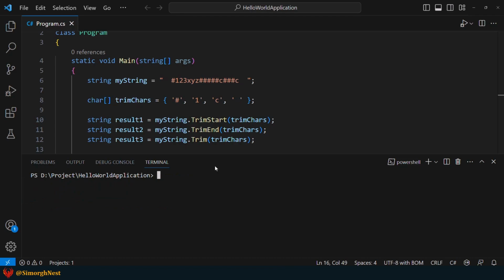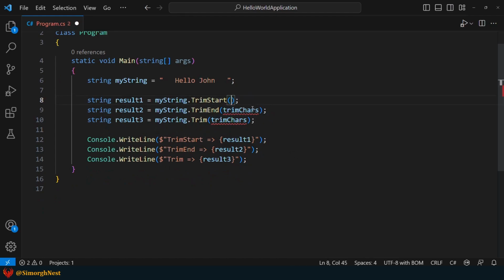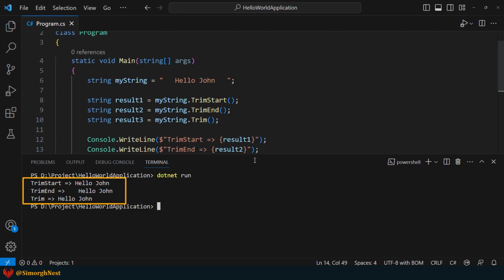Now, let's change the value of the myString variable and invoke these methods without any parameter. As we mentioned earlier, if we don't pass any parameters to these methods, they remove whitespace characters from the beginning and end of the string.